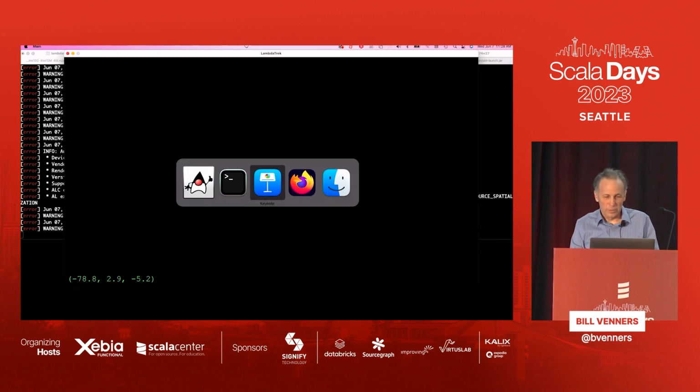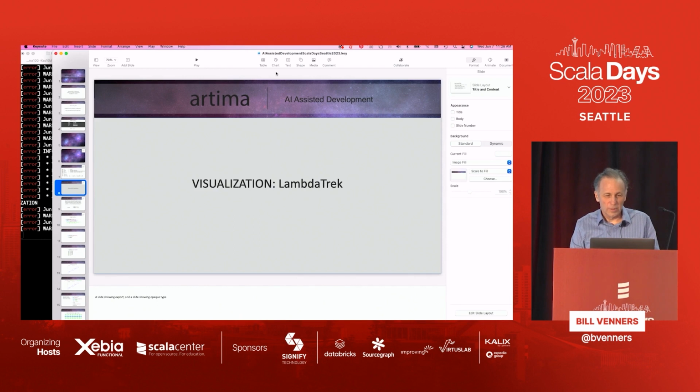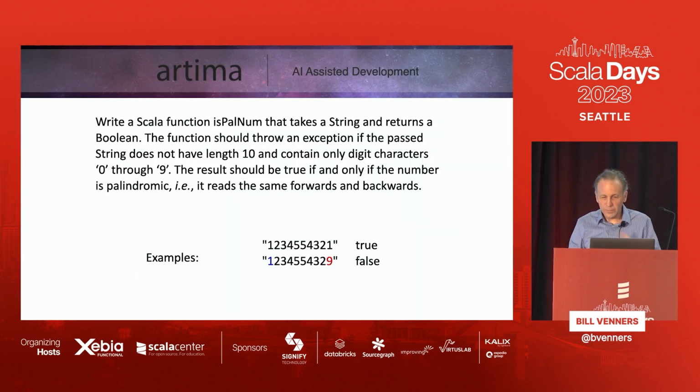Okay, so with that, I want to look at some different ways to implement algorithms. This is a requirement spec, this little paragraph here, for a function named isPalNum. isPalNum has a precondition. You pass it a string, and that string has to be length 10 exactly, and it has to contain only digit characters, 0 through 9.